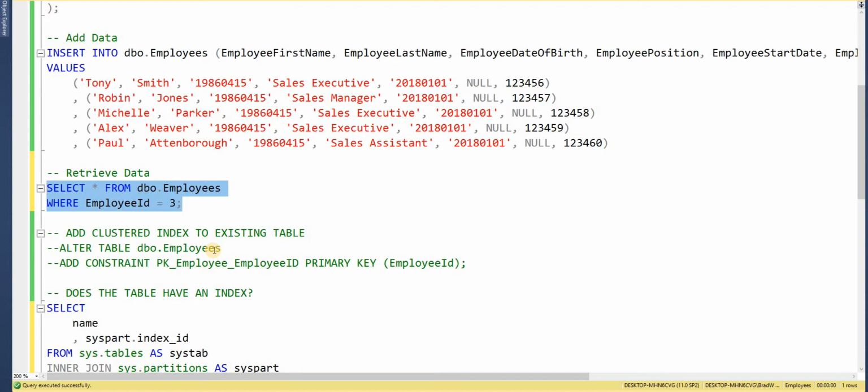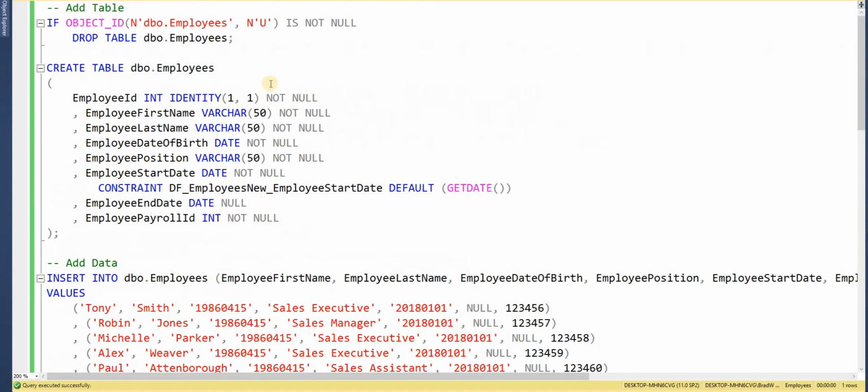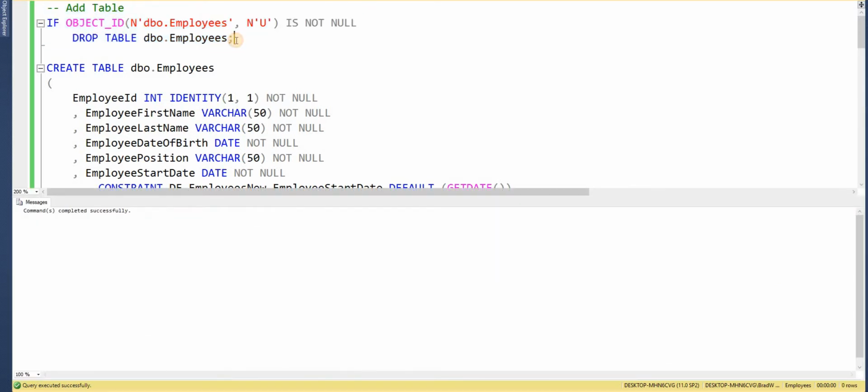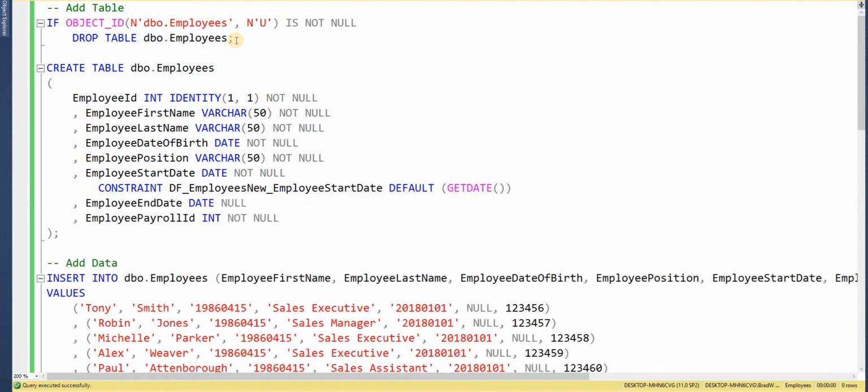We're now going to drop this table. So I've got this statement here just to say if this object exists, drop the table. And in doing so, in dropping that table, we're also dropping that index as well, because that index belongs to that table. And now we're going to go through another example of how we can actually create this within our